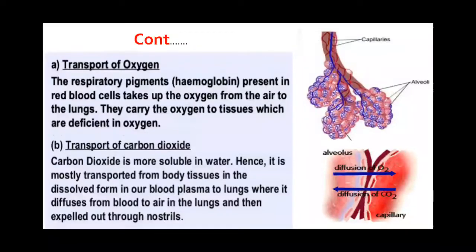So carbon dioxide moves from blood to alveolar air due to simple diffusion, and this exchange of gases is called external respiration. Okay, and this results in oxygenated blood, that is oxygenation of blood. Now next, the oxygenated blood returns from the lung by the pulmonary vein to the left side of the heart, and the heart supplies the oxygenated blood to all the body tissue.